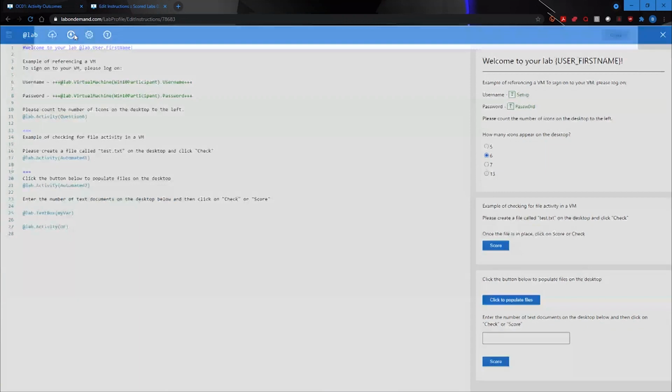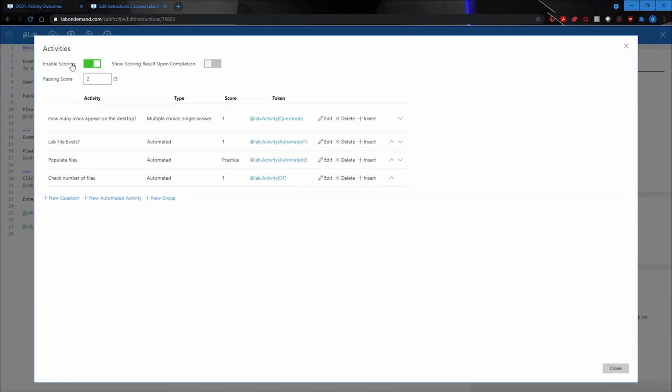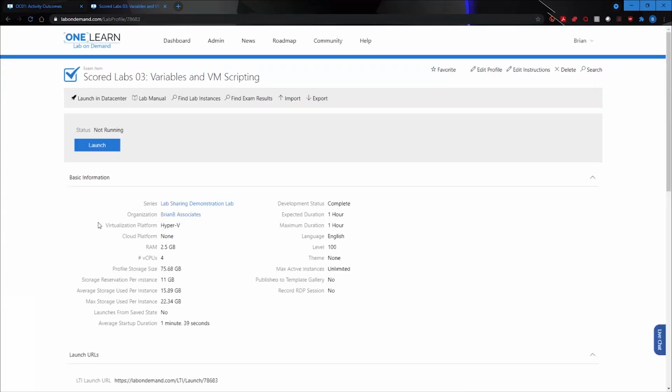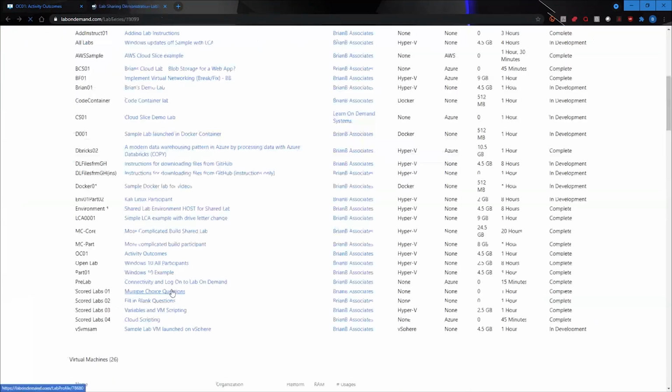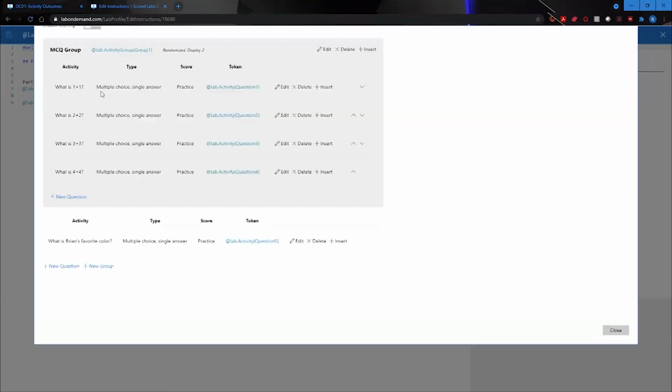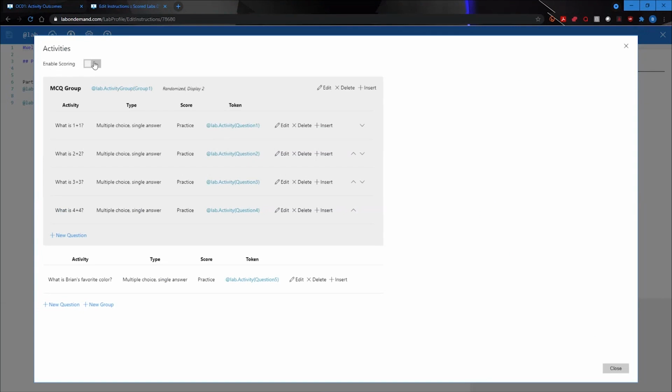Now, one thing I should mention is you can determine whether or not you are going to allow scoring. Now, scoring is something that takes a lab to a different level. It becomes a type of exam. It may not necessarily be a performance-based exam or performance-based testing. For example, you could turn something into an exam just by turning on scoring, even though all it has are questions. So let's go back to my previous example. Here we go. Just need to back up. Here we go. If I go in and edit my instructions here and go to the activities, I have enable